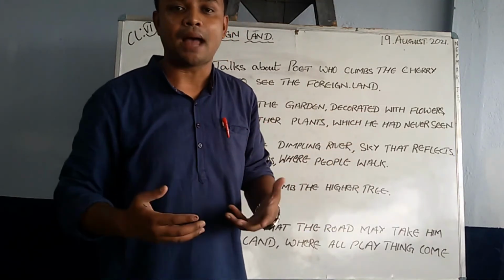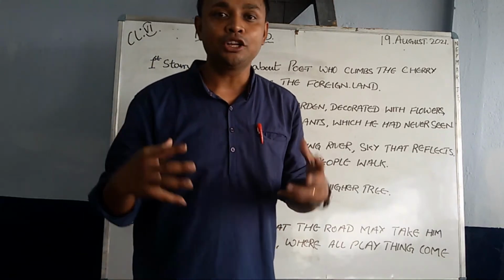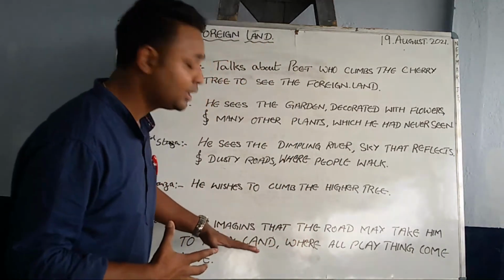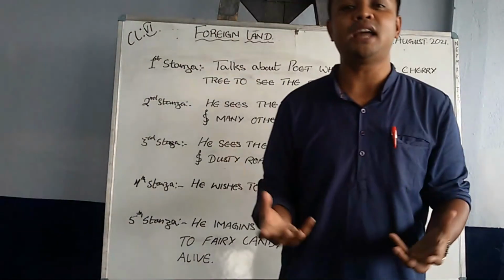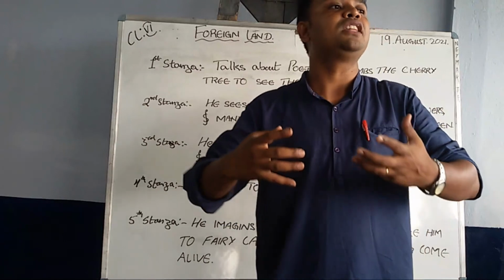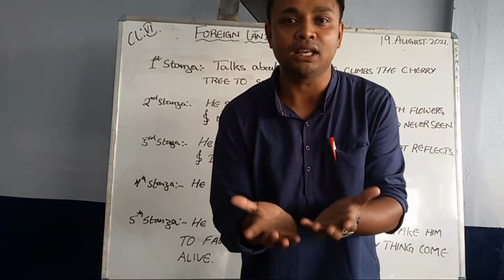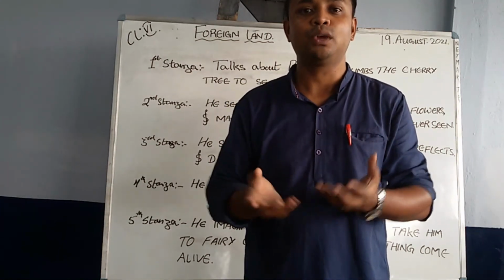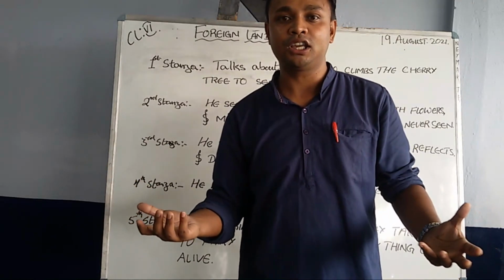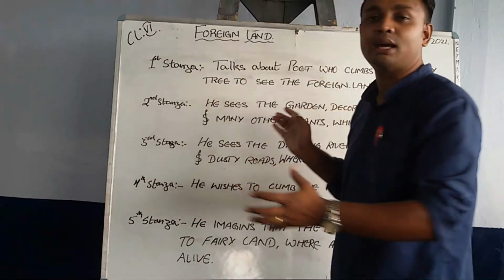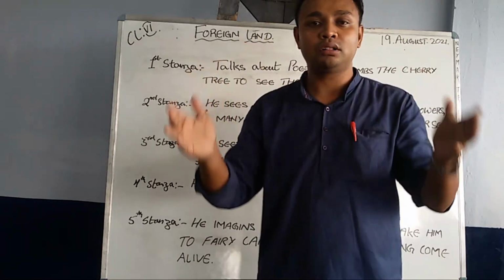And as this happens, he wishes more and more. And in his wish comes the imagining, the fantasy, the fairyland. He imagines that everything becomes alive, where the tree talks to me, where the thing I'm playing with talks to me, where we eat at 5 and then we start having fun. Okay? So this poem is actually about a foreign land, and there the poet talks about all these things.